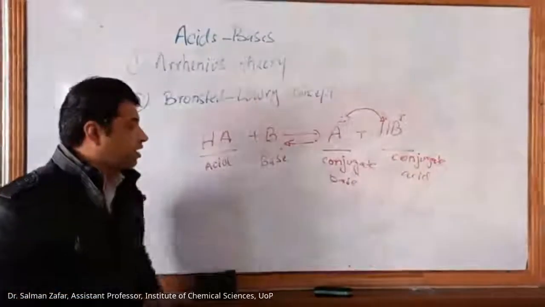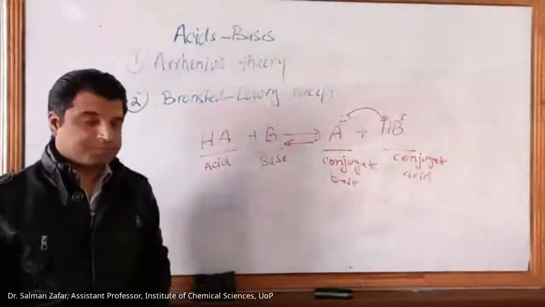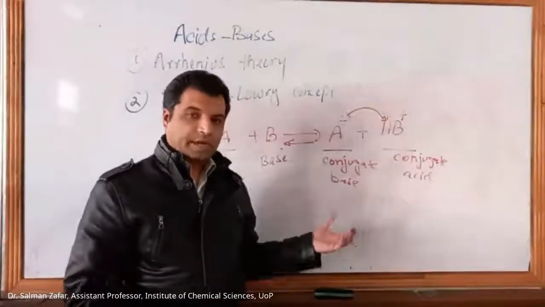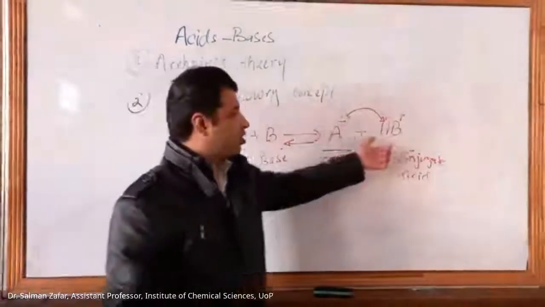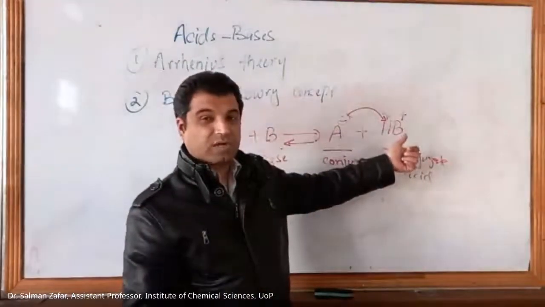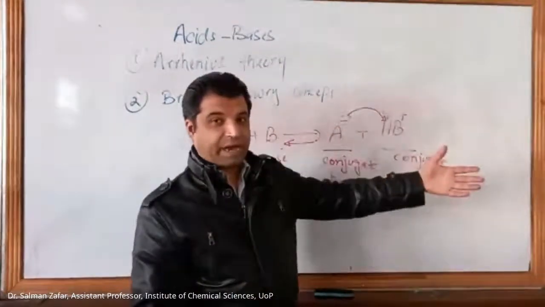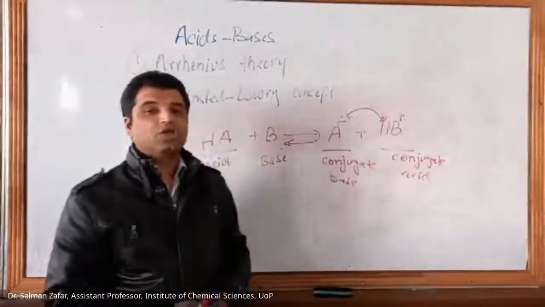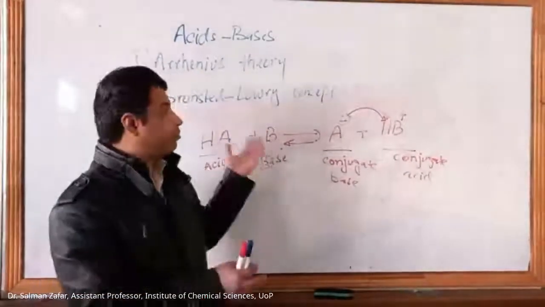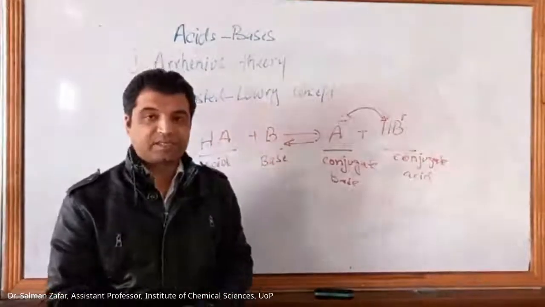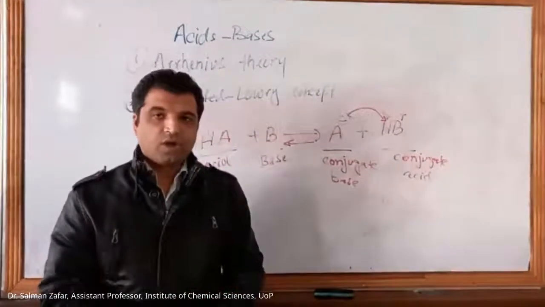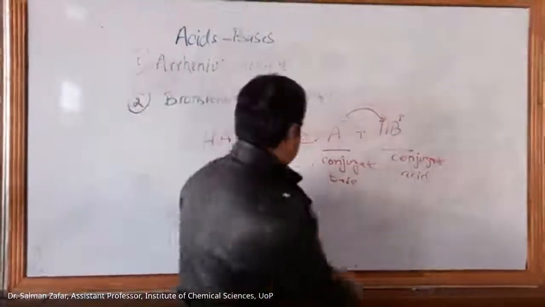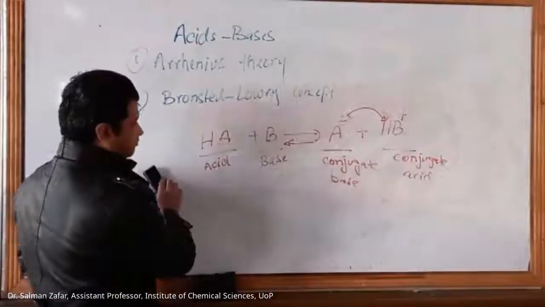On the other hand, if we have a weak base that is reluctant to accept proton, then it will accept a proton, but it will not be happy to keep it for a long time. So it will quickly give it back. So if it quickly donates a proton, that means it's a strong acid. So with Bronsted-Lowry acids and bases, we have another concept of conjugate acids and bases. So let's see this with the help of some examples.